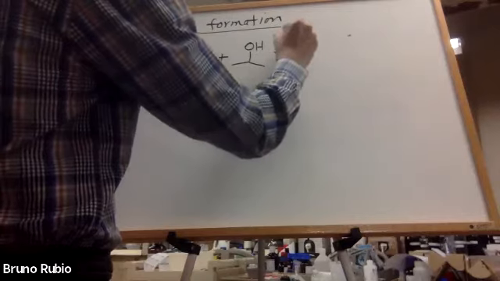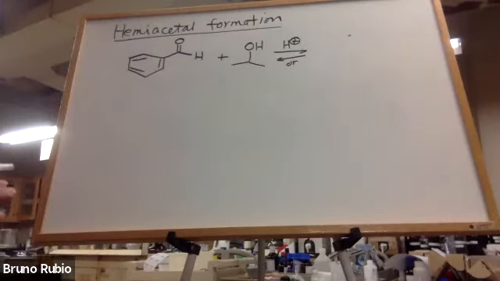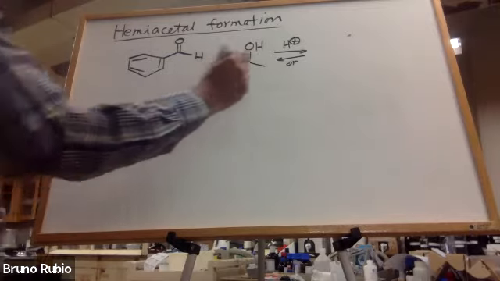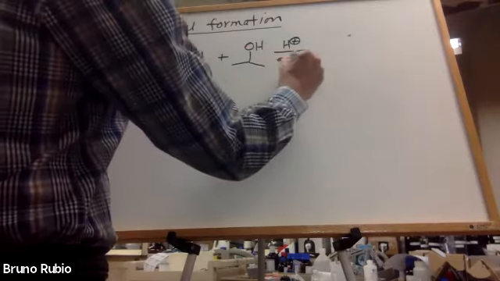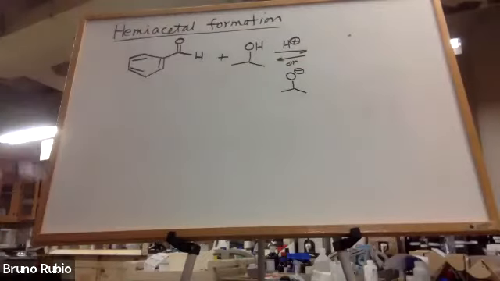It happens both under acidic conditions or basic conditions. Acidic conditions, you're going to see an H plus above the arrow. Basic conditions, you're going to see the conjugate base of the alcohol above the arrow. Okay, draw the structure of the product. Why don't you take a minute and see if you can come up with the structure of the product. It's going to be a hemiacetal,